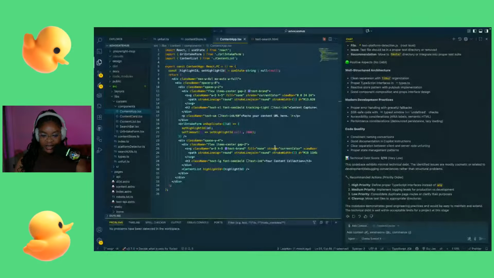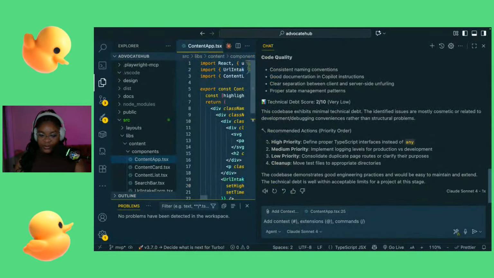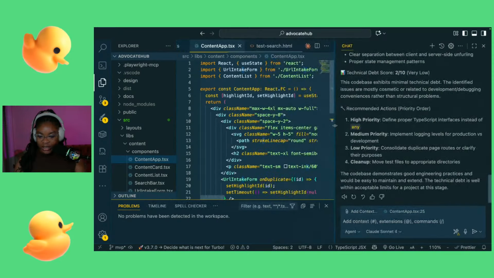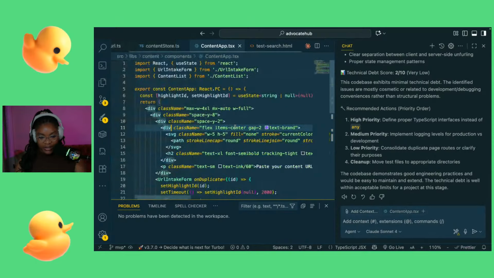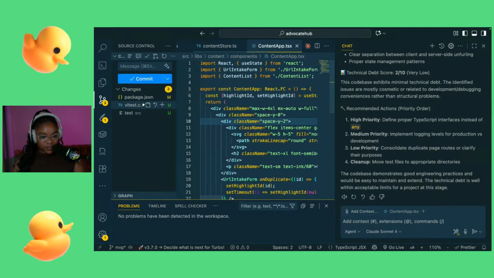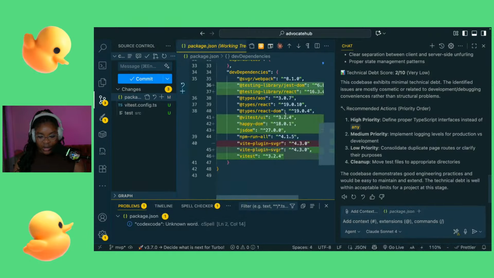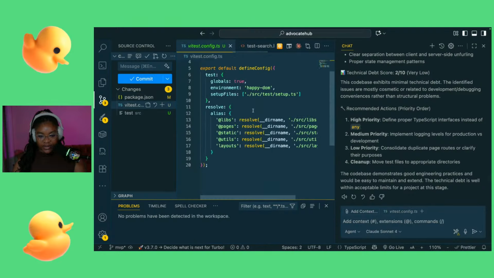Alrighty. Okay, let's bring this back up here, and I will zoom in so you can see. Hopefully that's clear for you. What were we doing before? Not sure. Okay, looks like we added some testing configuration here.